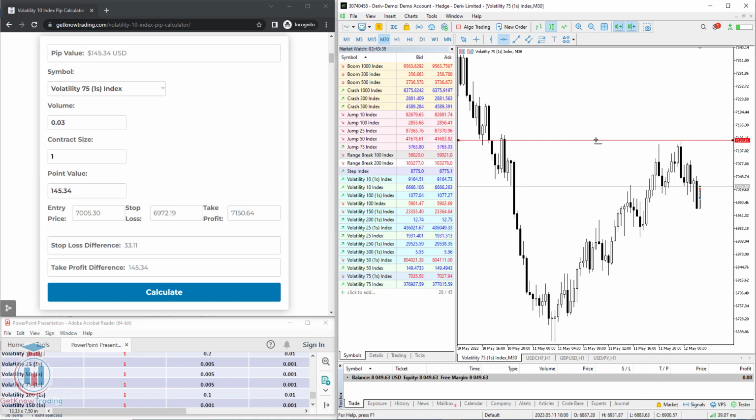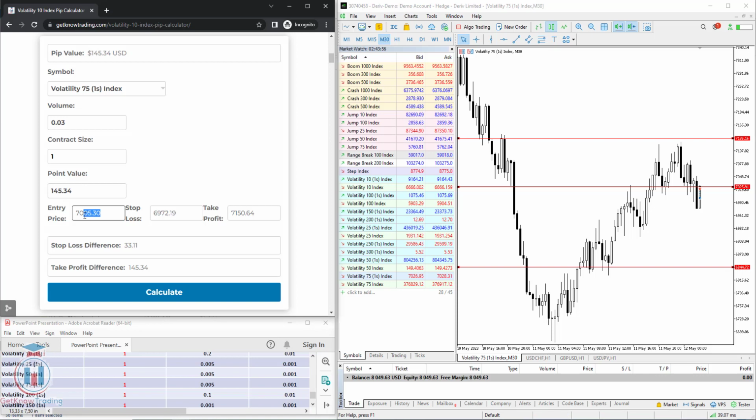For example, I would like to open an order at the current price, and the stop loss would be just above these highs. And I'm expecting that the price will drop down up to here, where we have these lows and also the wicks. So when we enter these three values, let's put them here,